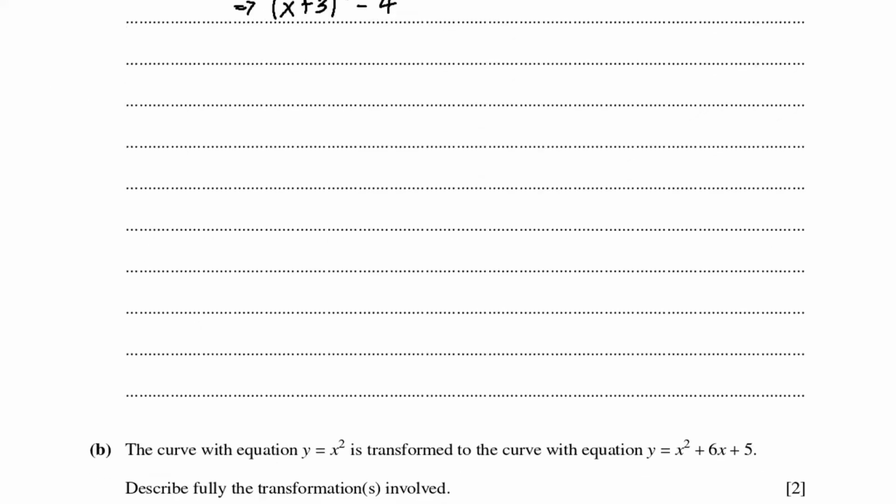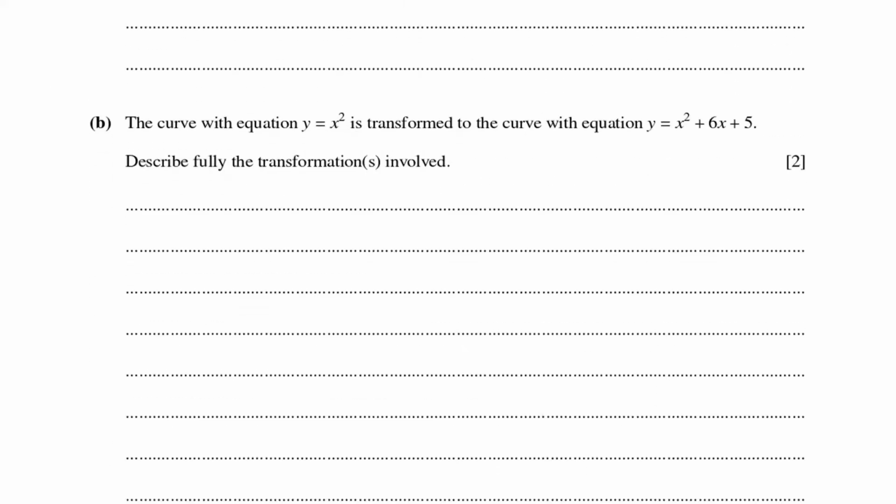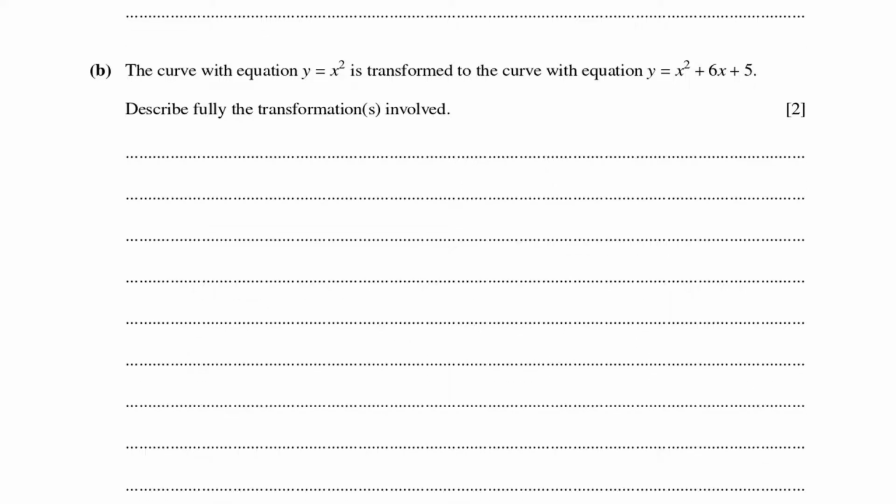Let's go to part B. On part B, they say the curve with the equation y is equal to x squared is transformed to the curve with the equation y is equal to x squared plus 6x plus 5. Describe fully the transformations involved. So here I'm going to say let f of x be equal to x squared,